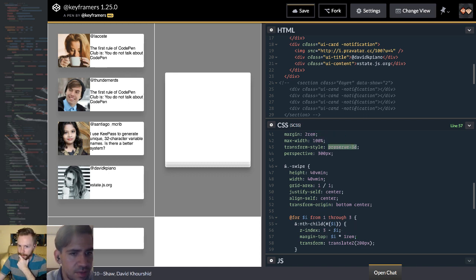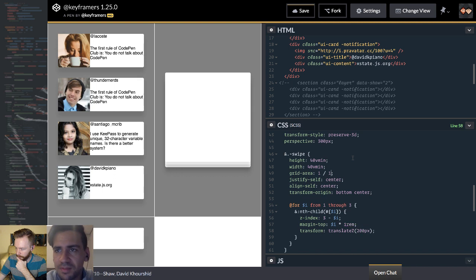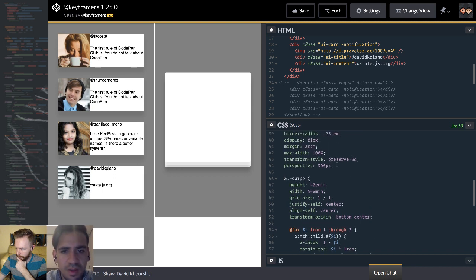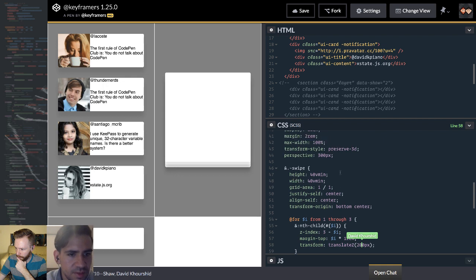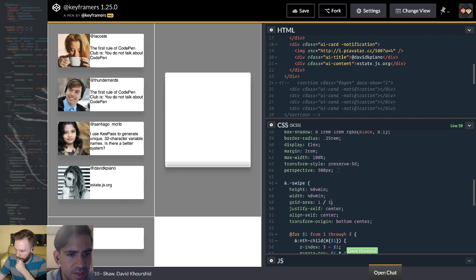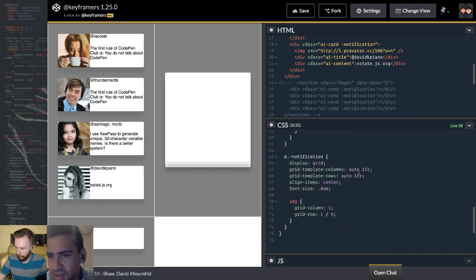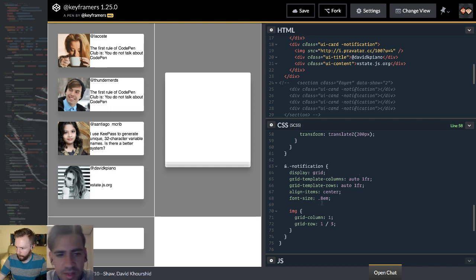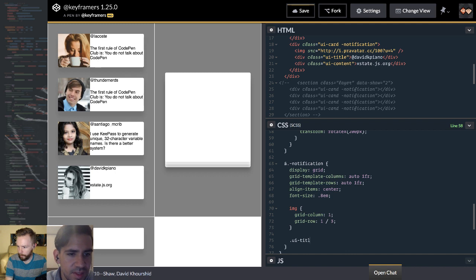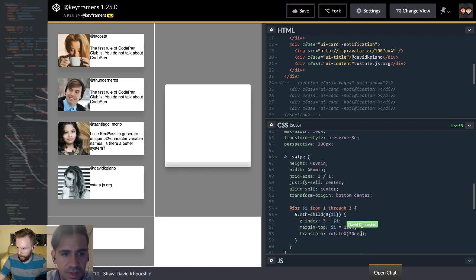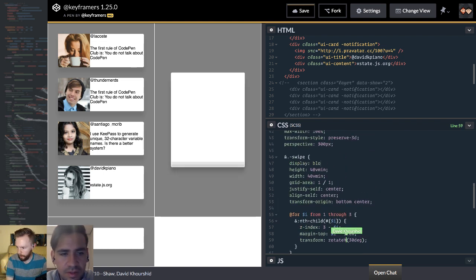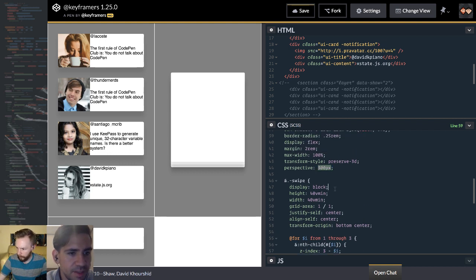I think I have all my ritual stuff. Transform style, preserve 3D. Transform, translate Z. Let's see. It's a toughie. I mean, I have that right. And if we look at the actual styles over here, it's applying to each one. It's just this silly translate Z. What if I do rotate X, 30 degrees? Does it actually? It looks like my perspective is not getting applied to the